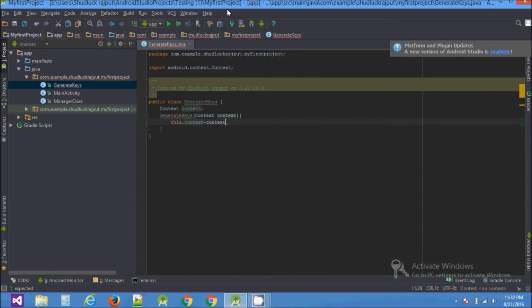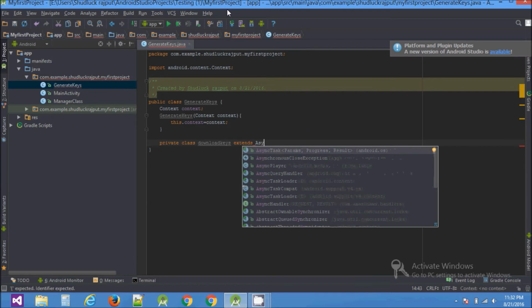Okay, so as I said, we will be creating one asynchronous task. So let's create it. Private class, I forgot to write class. DownloadKeys extends AsyncTask.